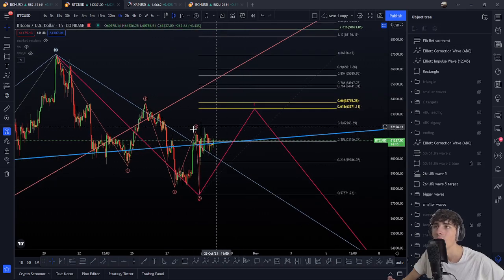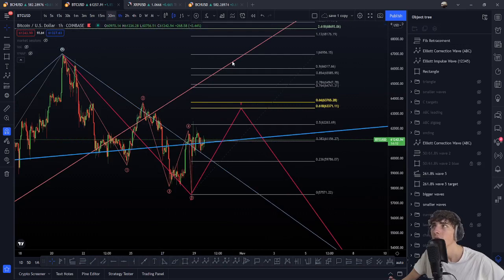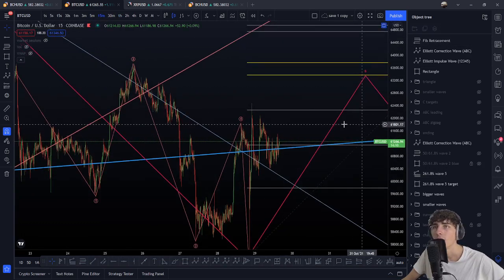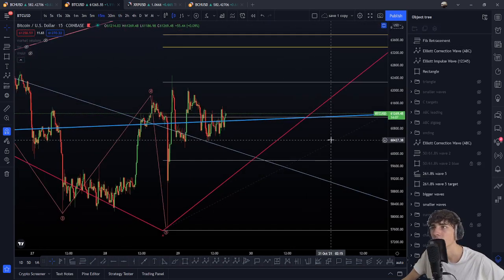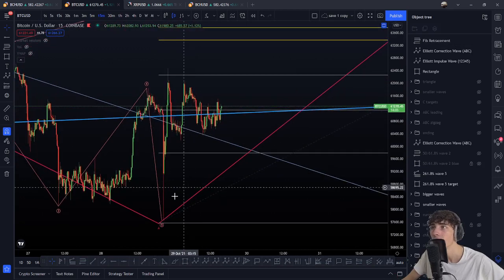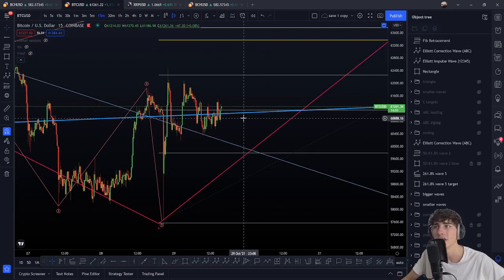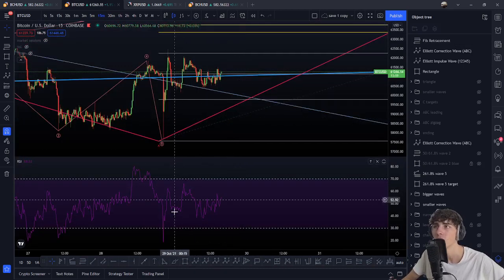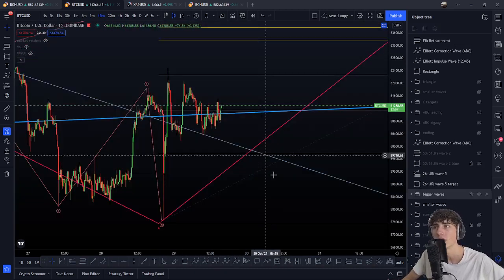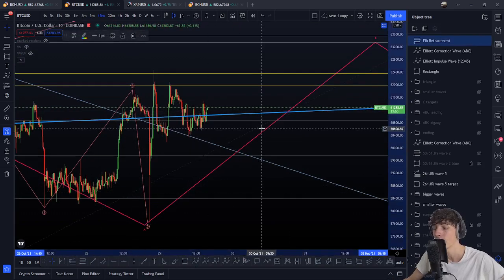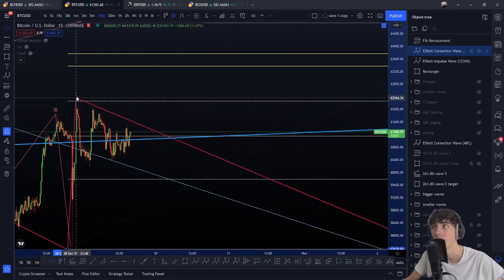So we have a possible triangle just right there inside. I don't know if I'm going to talk about this. Yeah, maybe, okay, I'm going to talk about this. I think it's useful. Sorry. So here we have a first wave to the upside, okay? Then we have possibly done a triangle inside. The problem is the RSI has to follow this triangle, and we didn't really follow this one. So maybe we have already done the B top, and now we are in the 5 waves already